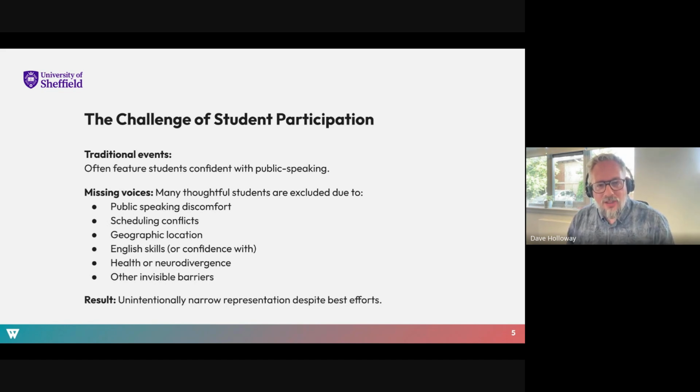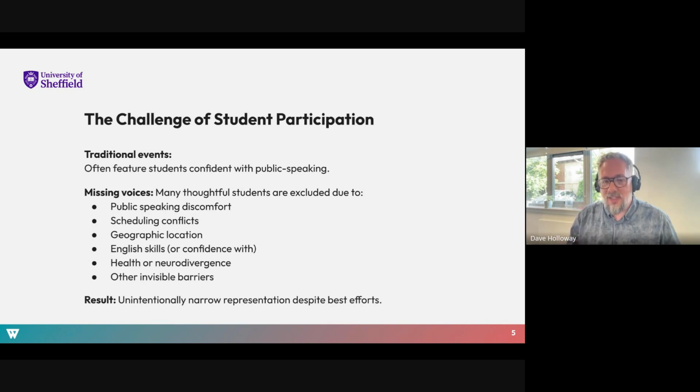And one of the challenges we face, it's a nice challenge to have, is that when we ask for student co-creators or student input, we are often struck with having the same sort of people. We get students who are confident, for whom English is their first language, or who have no problem speaking with academics and professional staff on their own level,